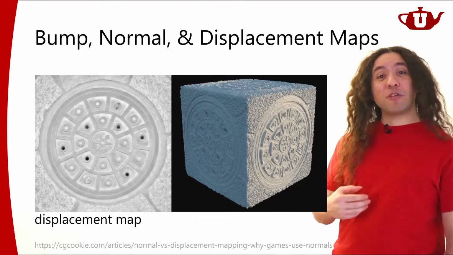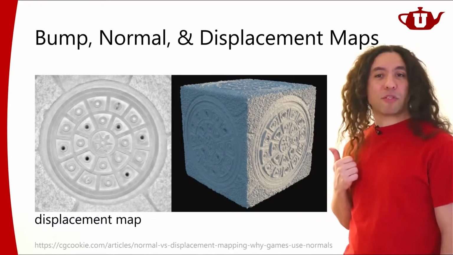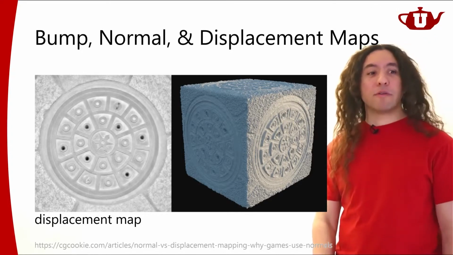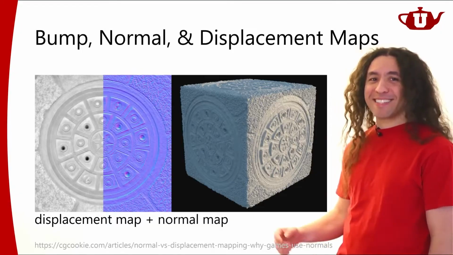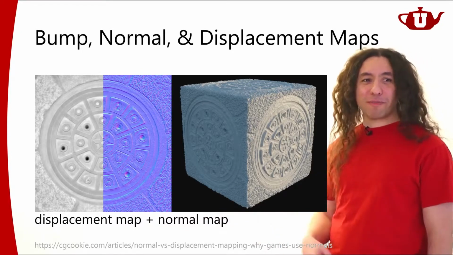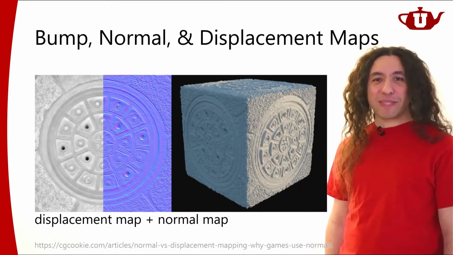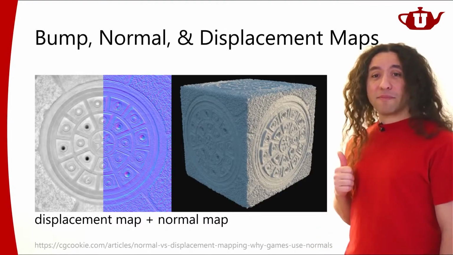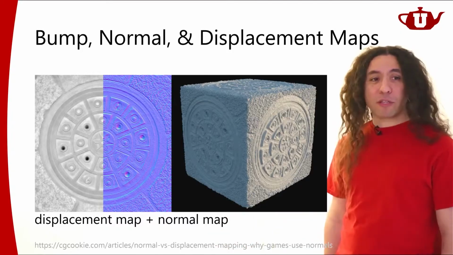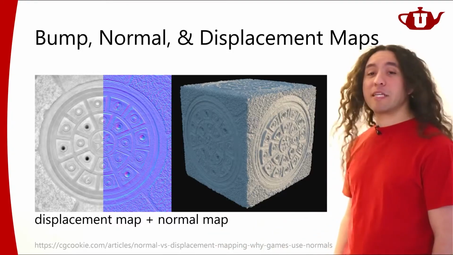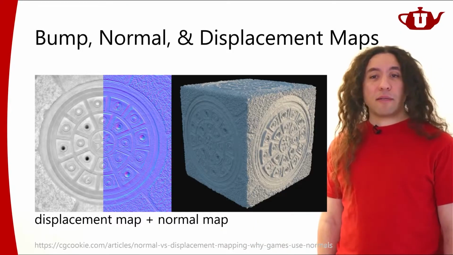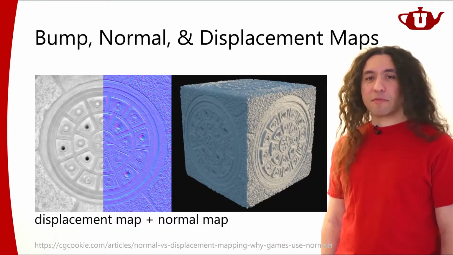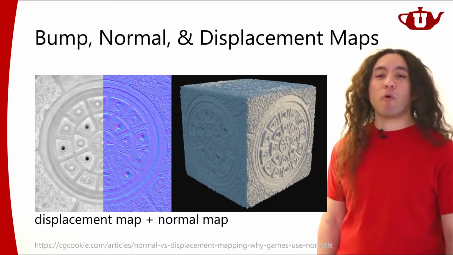And from that, I can treat it as like a bump map and try to compute the surface normal at runtime, and I can do that. Or much easier, I can just generate a normal map that would go along with my displacement map and be done with it. So this is the typical use case. Most of the time, displacement maps will have a corresponding normal map because that makes the implementation so much easier and rendering becomes cheaper. But just to clarify, it's not a requirement.